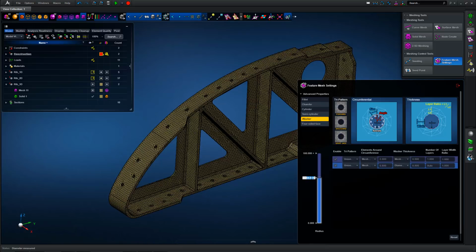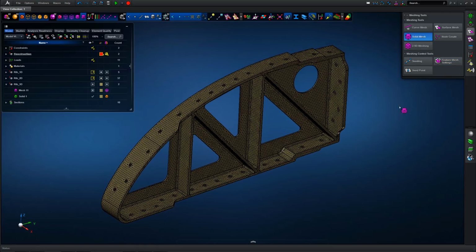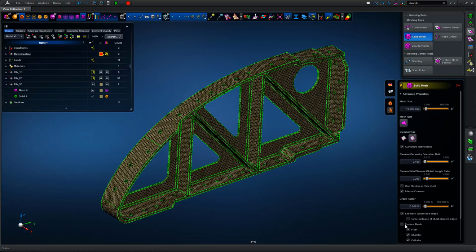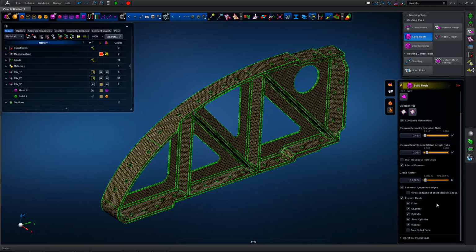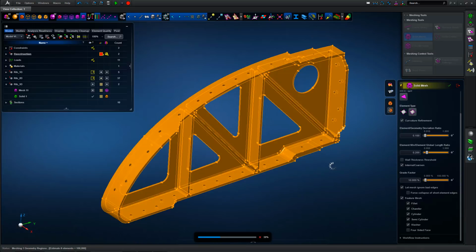So we're going to edit or control the feature mesh settings such that features or holes with a radius of less than 40mm will have the feature mesh settings active, whereas for the larger lightning hole those features will not be active, so we don't need to worry about them. Again, we can see we've got all the features turned on. We can turn discrete ones on and off as required, but in this case we want control over the hole